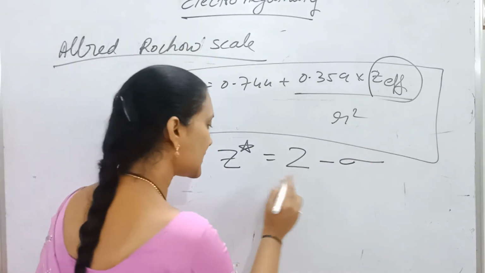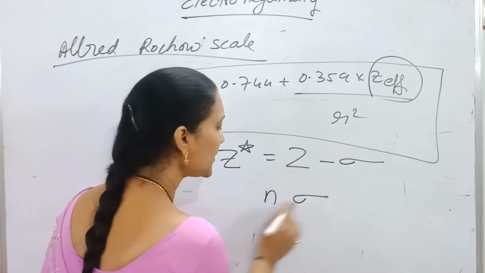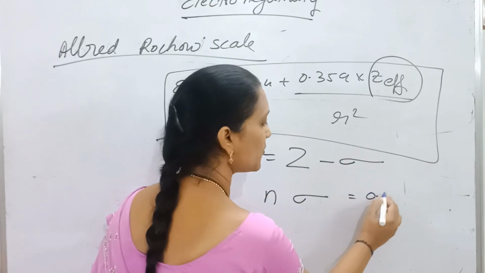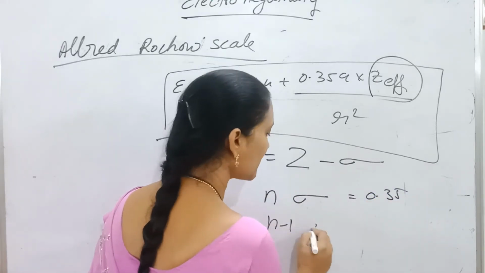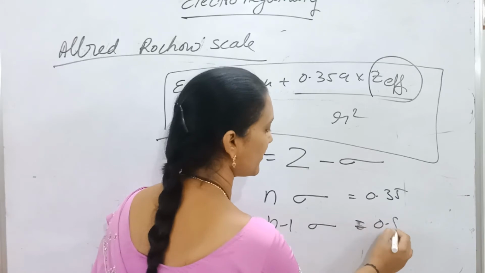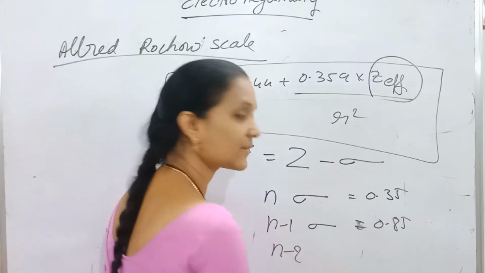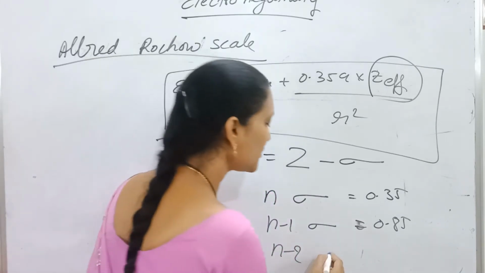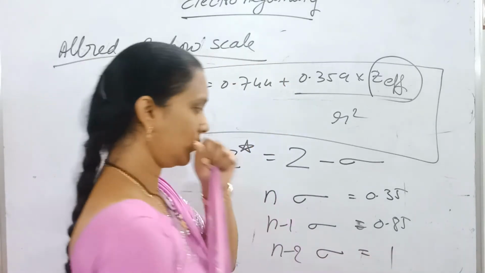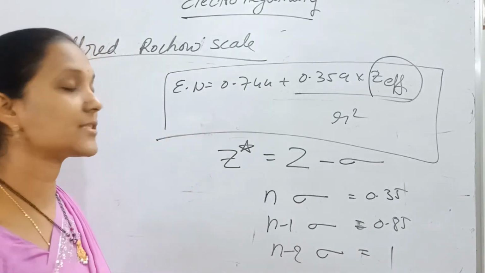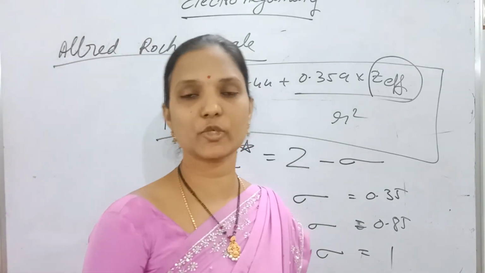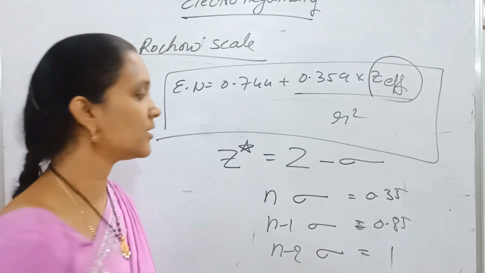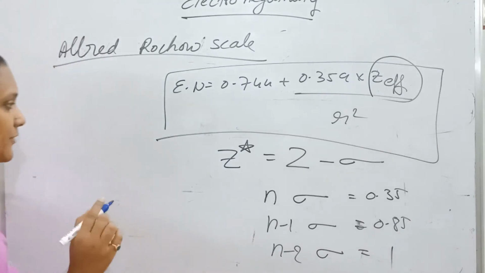Okay, so for this screening effect, outer electrons present in the outer shell have screening effect 0.35, inner electrons have screening effect 0.85, and the innermost shells, that is n-2, n-3, n-4, however many shells are present, all those shells have screening effect 1. Outer shell 0.35, inner shell 0.85, innermost shell 1. Using this screening effect we have to calculate the effective nuclear charge.